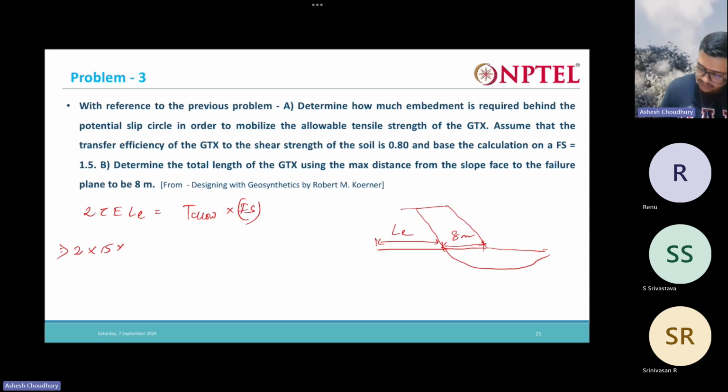E is the transfer efficiency that is given. It's 40 times 1.5, radius 2.5 meters. Therefore, total length,